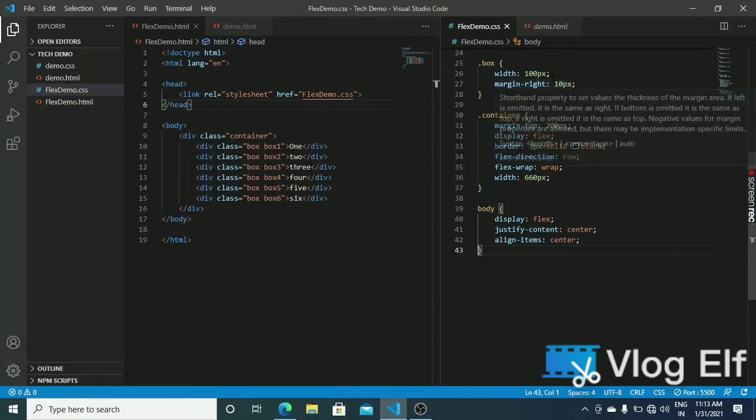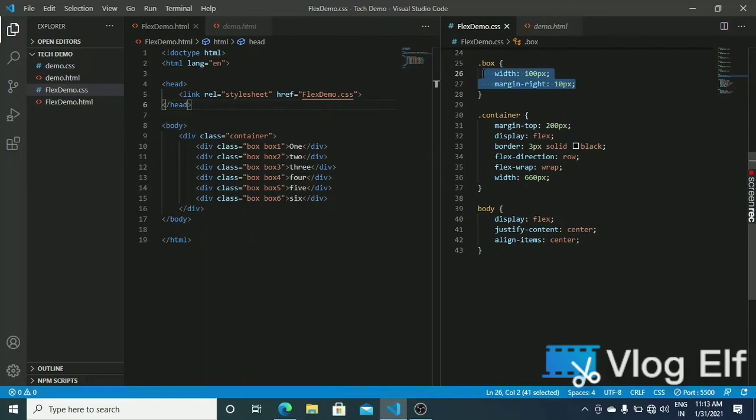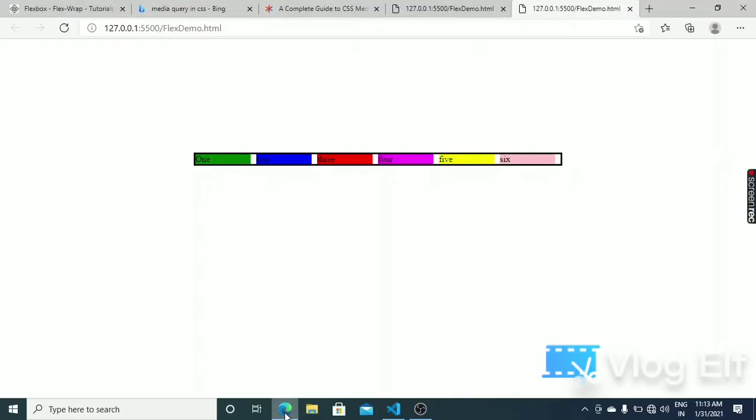Each box is 100 pixels, so the 6 boxes total 600, and the 6 right margins of 10 pixels make the overall width 660. So the entire set of children should lie in one row, as I have fixed the width to 660. You can see it is lying in a single row, fitting the entire container.